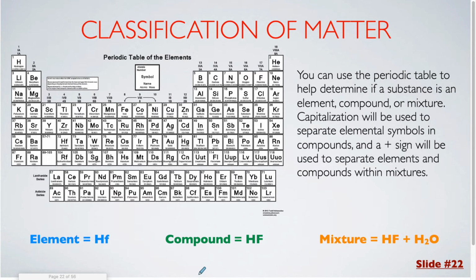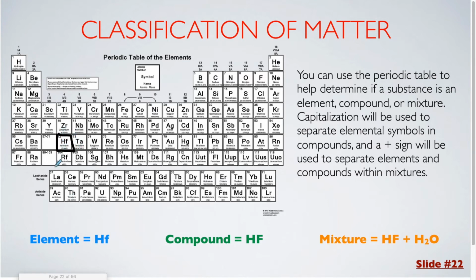Now, when you're asked to classify matter for the questions on my tests and quizzes, you'll have access to a periodic table, and you'll want to use that to help you determine if something is an element or a compound. An element is a capital letter and potentially a lowercase letter. If you see two capital letters next to each other, that means they are actually two separate symbols. So in my example here,